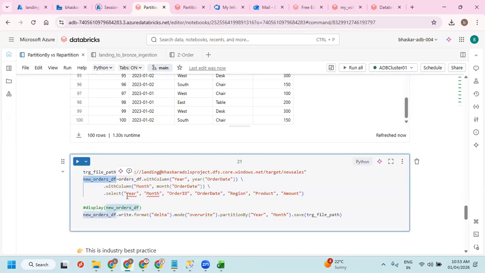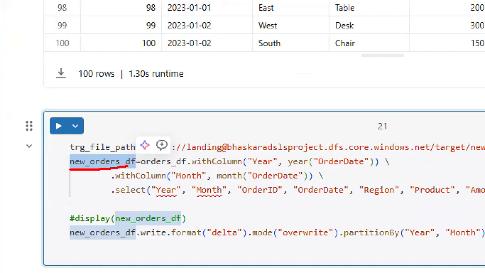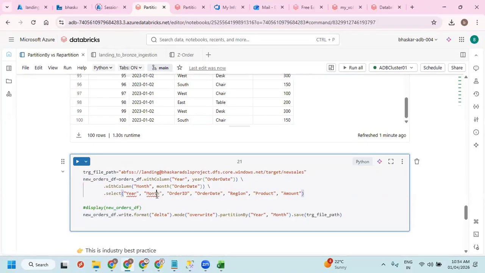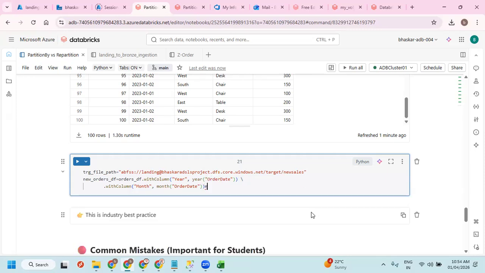So I'm taking a new data frame name, new_orders_df, on top of this orders_df, and creating a new column. I wanted to create year of order date, month of order date. Then I'm taking the required columns here. Let me take this out first and show you. Dot show.